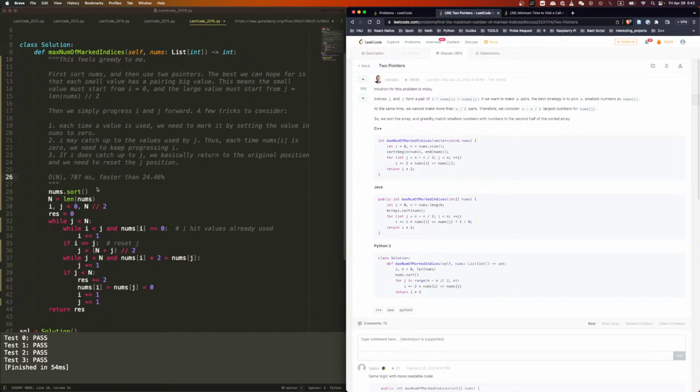Actually, O(n log n), so we have sorting. Forgot. Interesting idea. I mean, it does make sense, right? If you go from the bigger side, and for everyone you say, okay, divided by 2, does it work? If it works, we take it, then we move forward. If it doesn't work, then this one goes forward, goes forward, goes forward, works, go forward. So the idea is when j finishes,